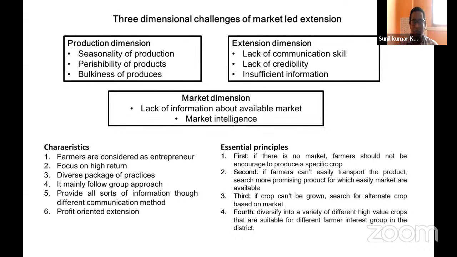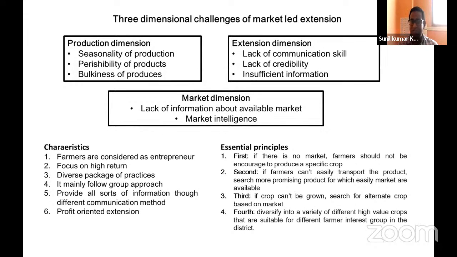Otherwise, if you are going to diversify your particular commodity, if you have the guts to sell your particular commodity in another market, you can sell. But farmers who do not have this type of resources have to be advised to grow those commodities which basically go for consumption in the nearest market. Second, if farmers cannot easily